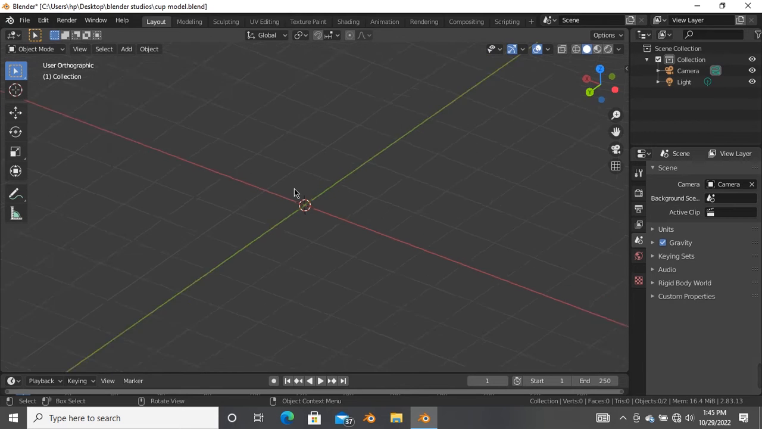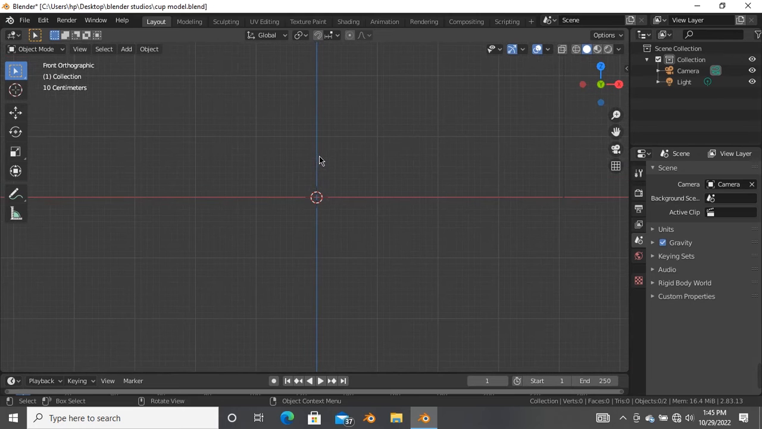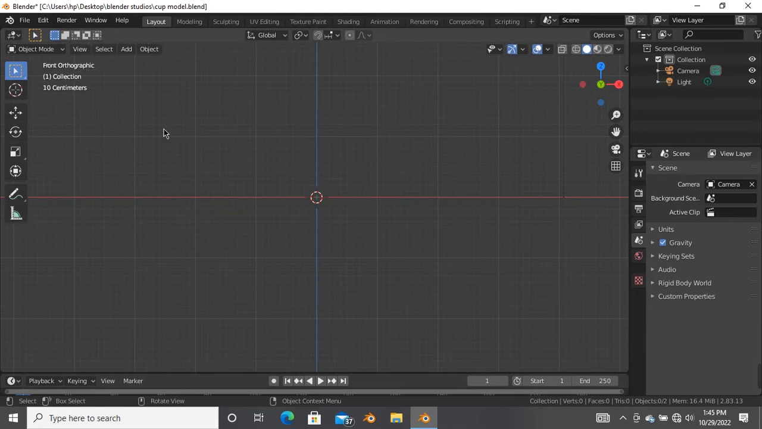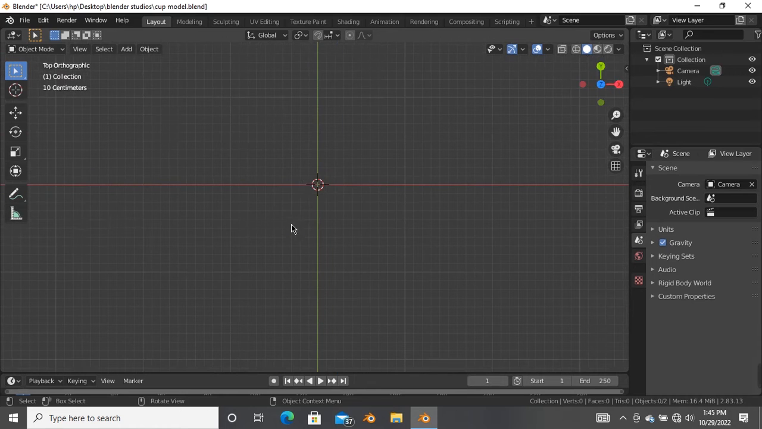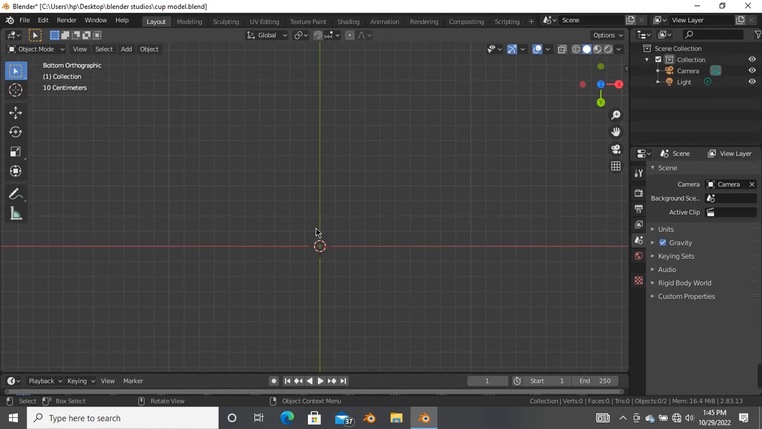First of all, 1 on your numpad is the front view. 3 is the right view, so you can see it here, right orthographic view. So 1 is for front view, 3 for right view, 7 for top view, and 9 for bottom. And to go to the left view, which is the opposite